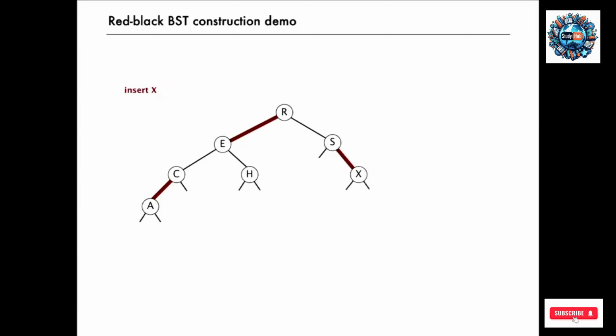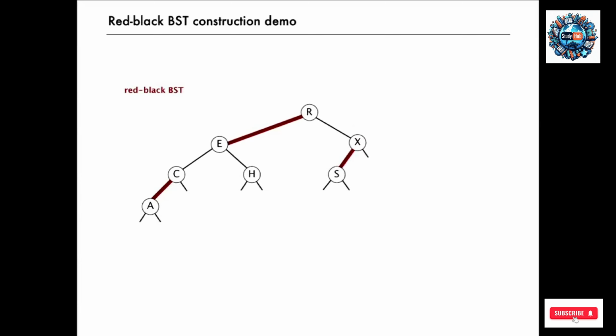Insert X into that one, it goes to the right of S, that's leaning the wrong way, rotate left. Insert M into this one, it goes to the right of H, leaning the wrong way, rotate left. Most of the operations are simple ones like this happening at the bottom. Insert P, that goes to the right of M, that makes M a temporary 4-node that happens to be balanced,